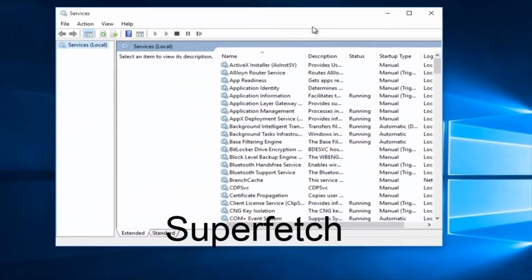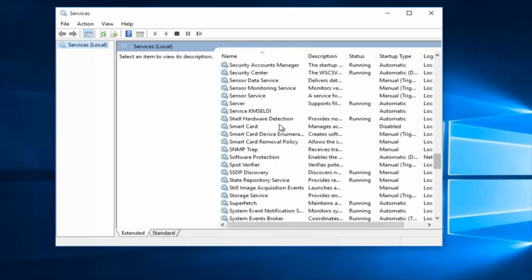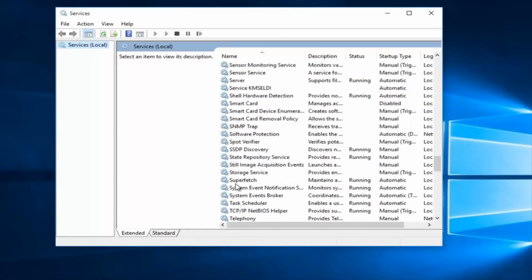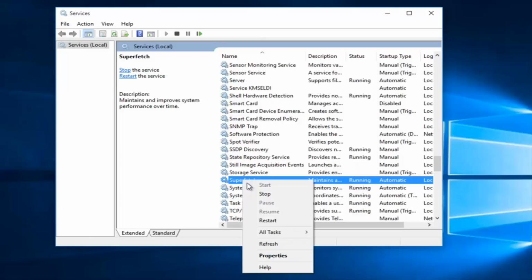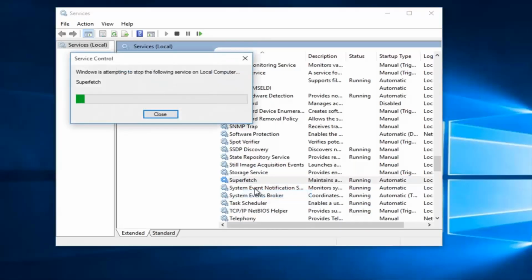With the Services window open, what we want to do is head down until we find Superfetch. So I'm just going to keep scrolling down here. And if we read the description of it, it says maintains and improves system performance over time. If the first method does not work for you and your memory usage is not decreased, what I recommend doing is right click on the service, left click on stop,